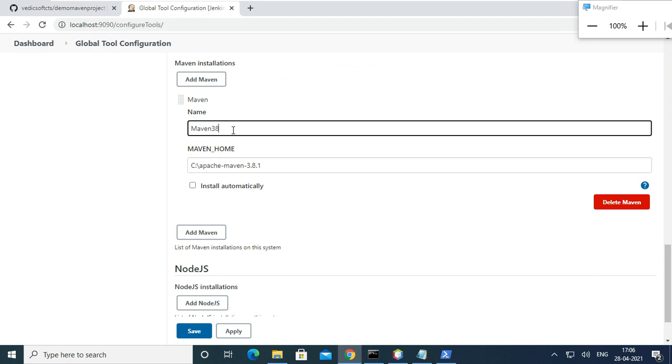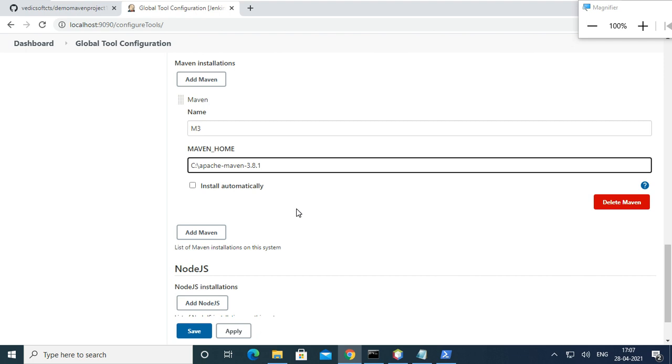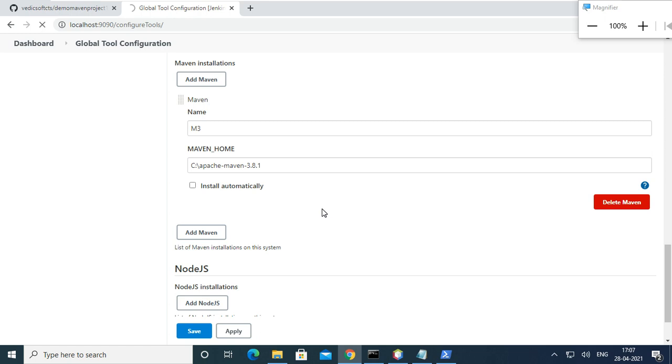What I'm giving, I will give Maven 38, so Maven will understand. I will give Maven 38 or M3. Otherwise you can give M3_HOME or M3. Okay. So I'm giving a home, not a path. We'll see. Save it. If we still get an error, then we will handle it.